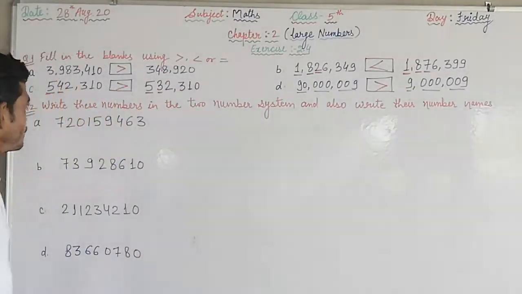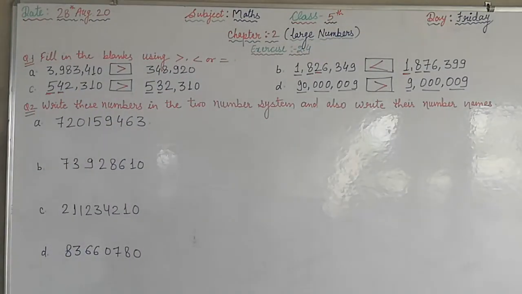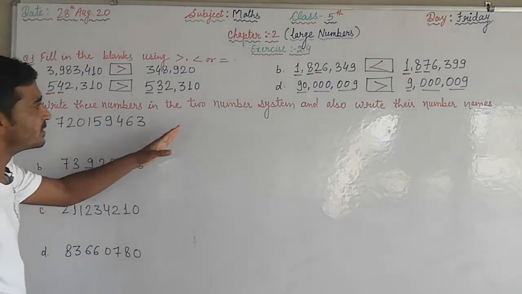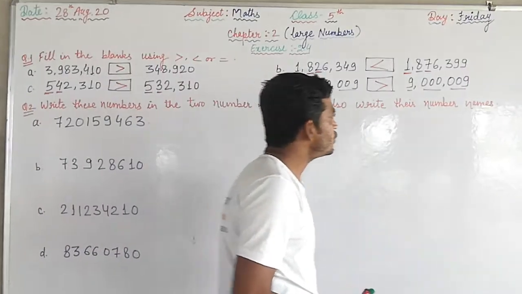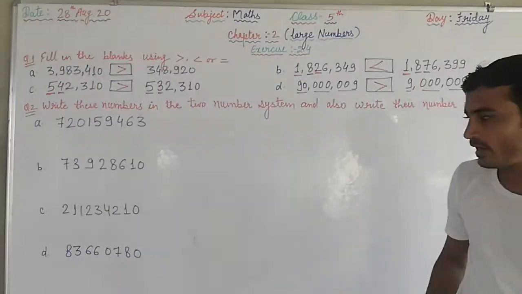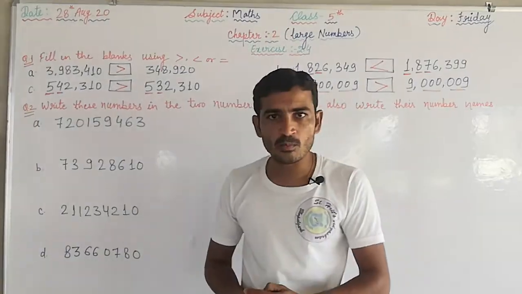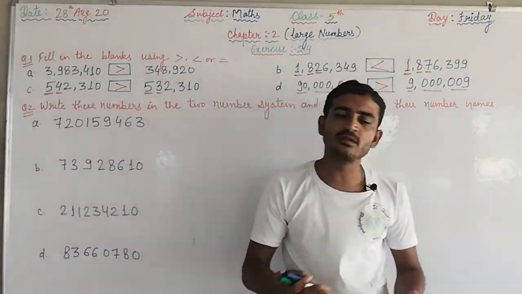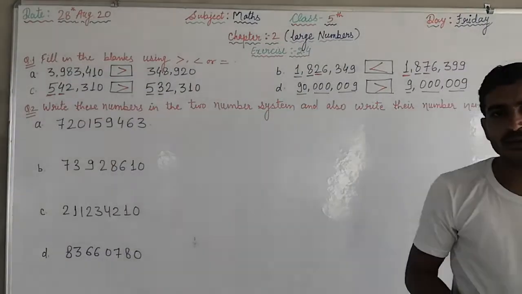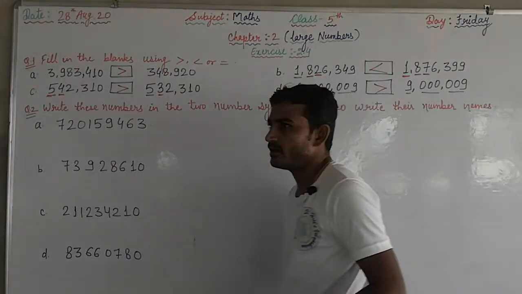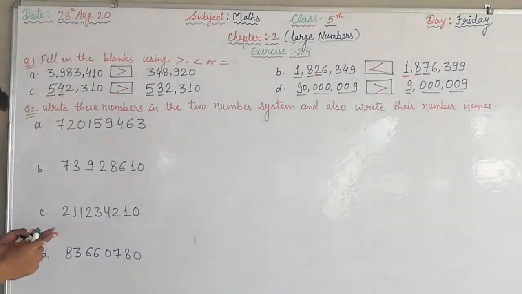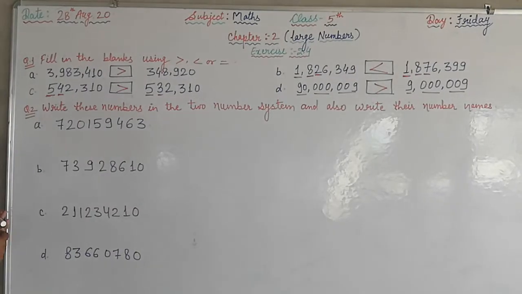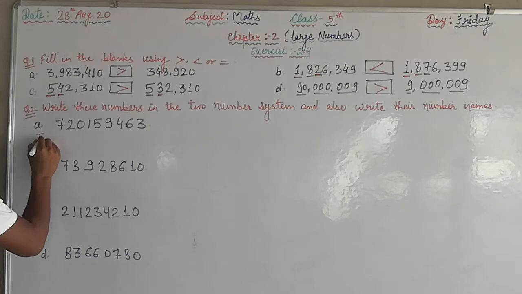Okay, now in question number 2nd, write these numbers in the two number systems and also write their number names. That means first you have to place commas according to the Indian number system and according to the international number system. Then after that you have to write their number names also. So first we discuss the Indian number system. According to the Indian number system,